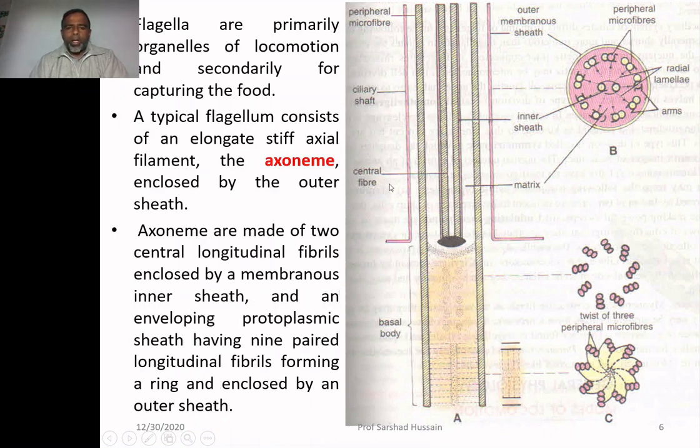Axonemes are in turn made up of two central longitudinal fibers. You can see one and then the two. In the cross section, you see one and two. These are the two central fibers. They are covered over by the inner sheath. You can see this is the inner sheath, which is encircling